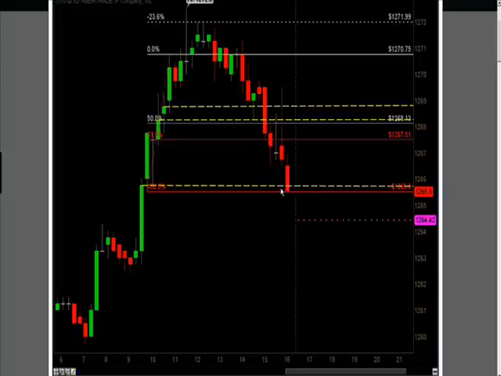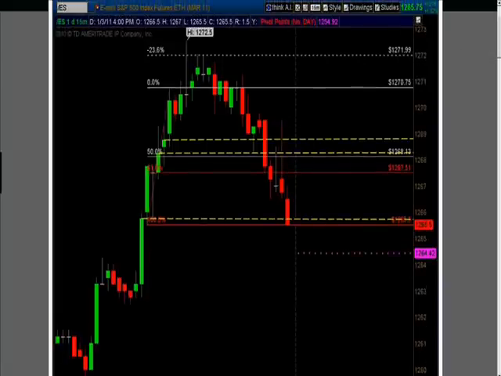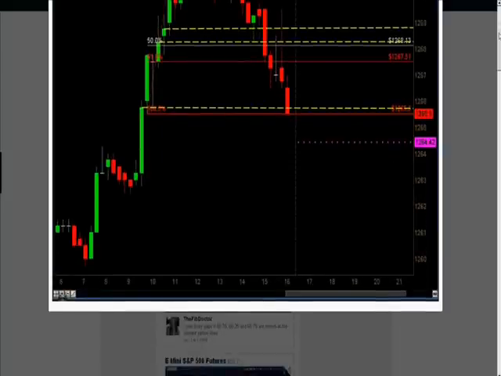That's how you play open body gaps. Now, that's not for everybody, okay? Because you got to have a stomach to stay in these long trades like that. But as you can see, this was a perfect example of an open body gap play, and we played it off the target, and we also played it off